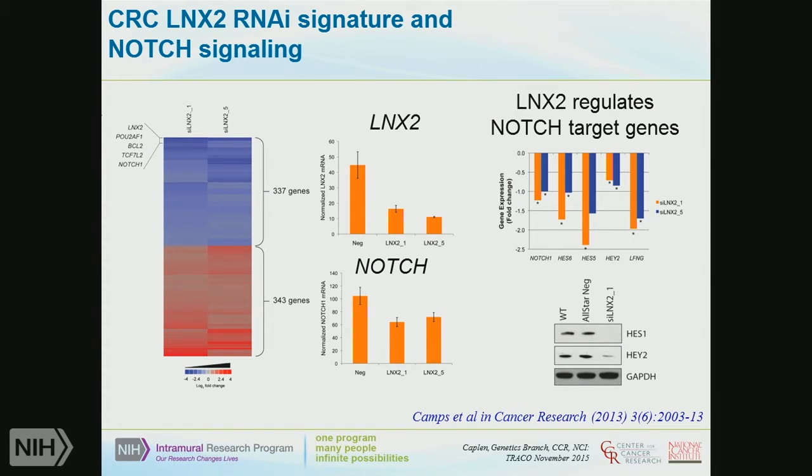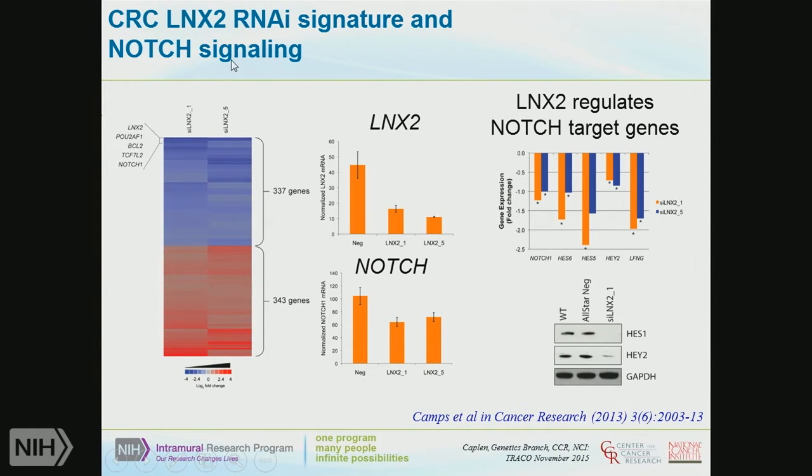So it's been known in the literature that LNX2 binds to NUMB and is part of Notch signaling. So we were very gratified that we found within that transcriptome that we indeed did see changes in Notch1, and we saw changes in Notch-targeted genes too, as well, that we were able to confirm this.